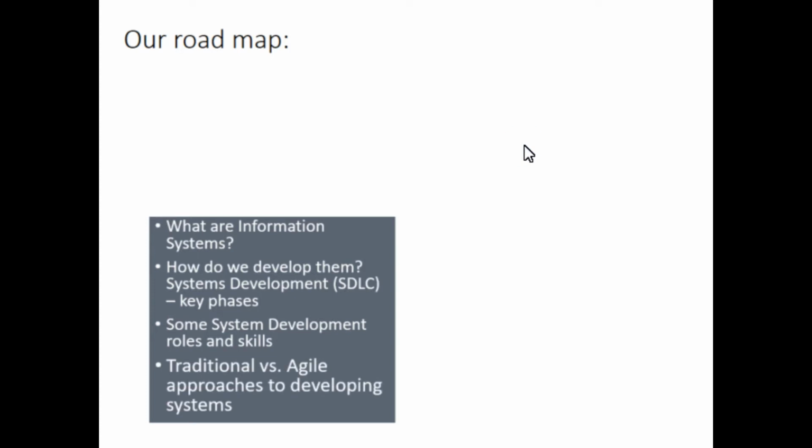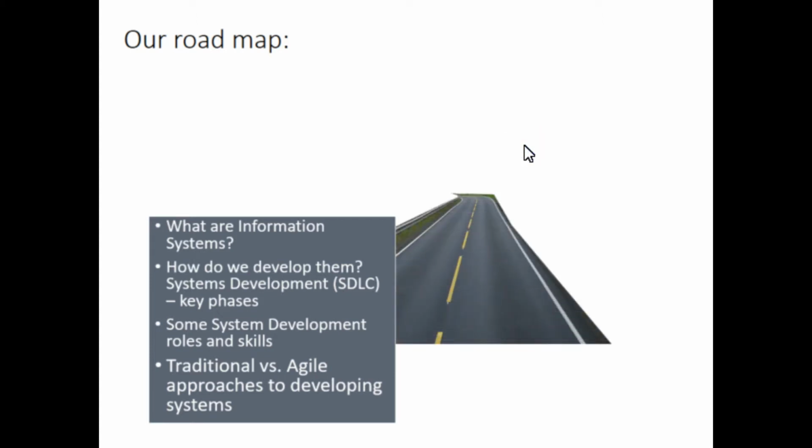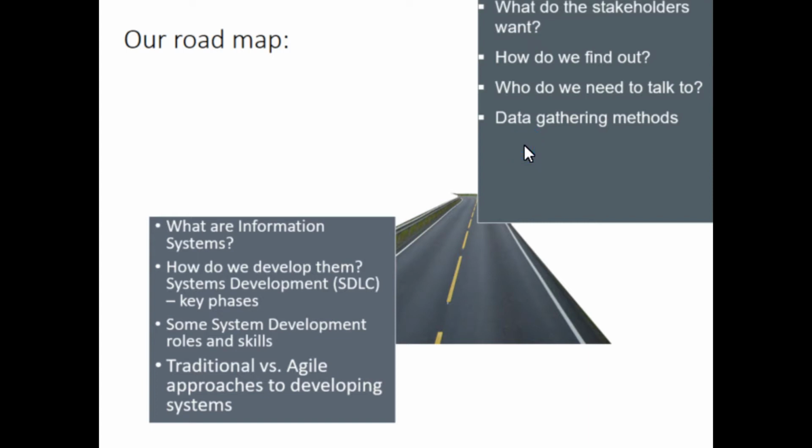We've seen different roles, and then we talked about the predictive versus the adaptive approach, the traditional versus the agile ways of developing systems. We identified each phase and each approach, and we characterized them based on the underlying characteristics of these approaches. And now we are headed to what we talk about today: the stakeholders, what these stakeholders are,